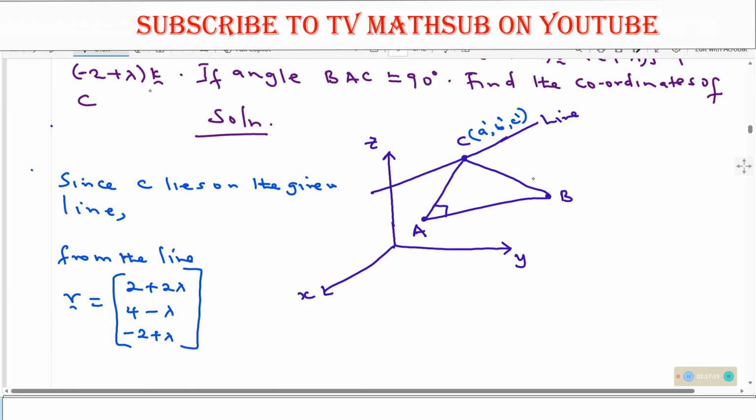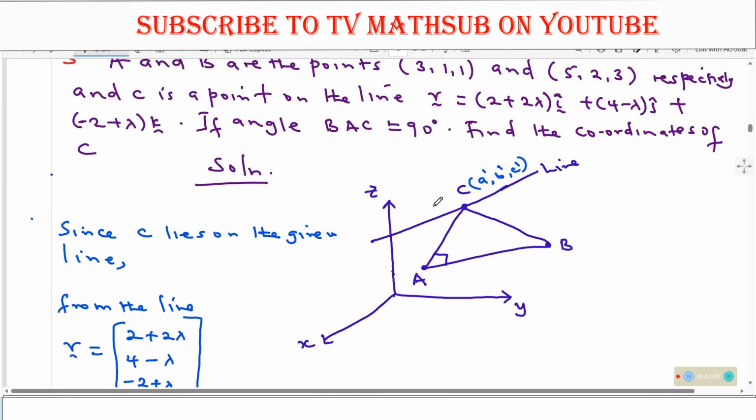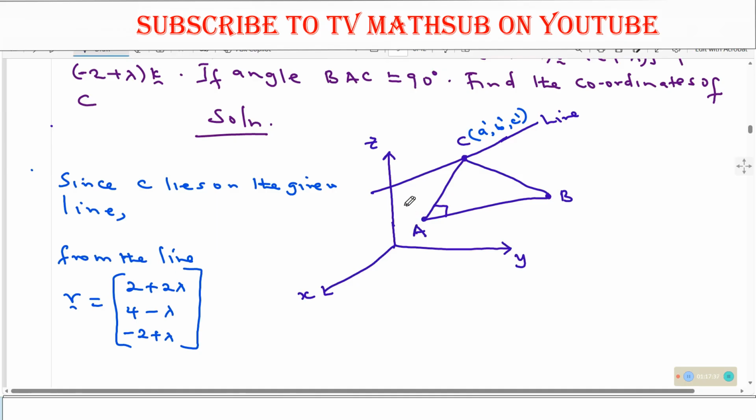Yeah, we can use any. We can use this. Is this one okay? A prime. I don't want, because when you say A, you can take it. This one is okay, as this one. That one is okay. Okay. So A prime. Now we are saying since C lies on the given line, from what we did here,